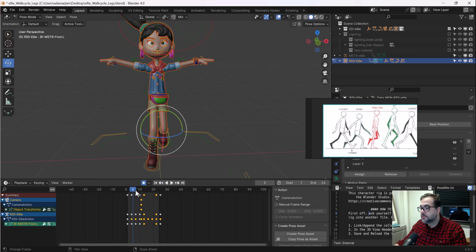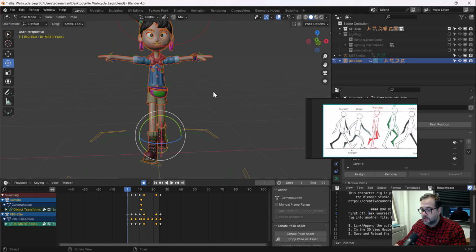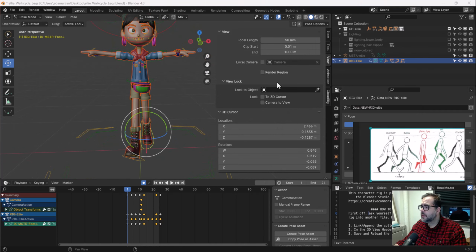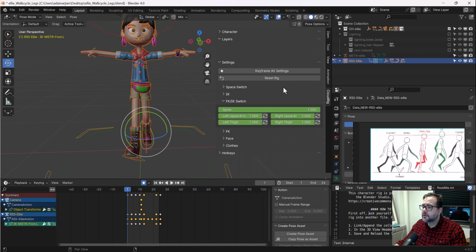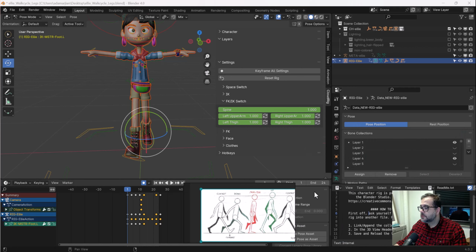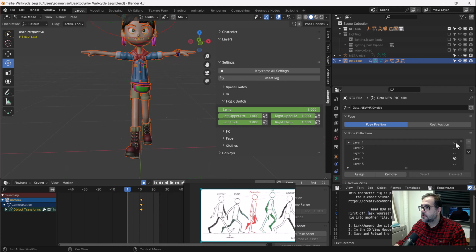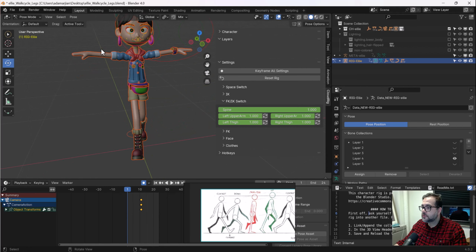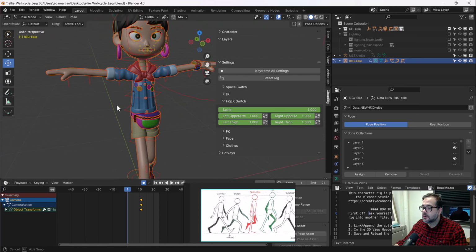All right, I'm going to hit spacebar and stop that. And let's go ahead and hit N here and bring up our panel on the side. And we want to go down to Cloud Rig. Now, Cloud Rig is what controls the switch between our arms. So, for example, if you look over here, you'll see this little guy here, and this is the Properties menu or Properties tab. You'll see these different layers. So if I turn off this front layer, you can see it got rid of all of those curves or those controllers. But if I turn on that second layer, you can see I've got a whole other set